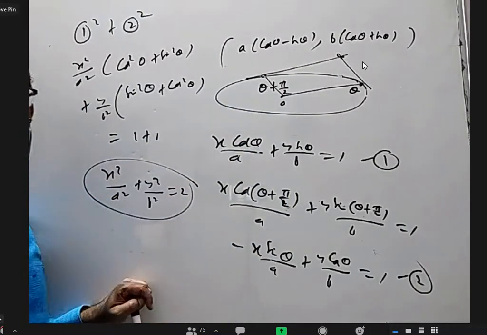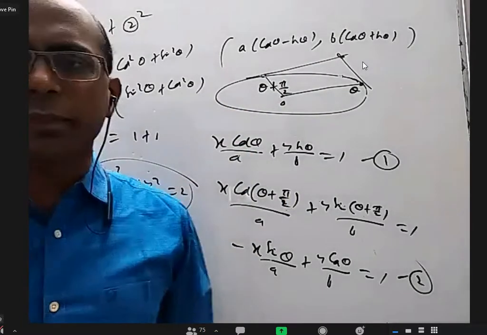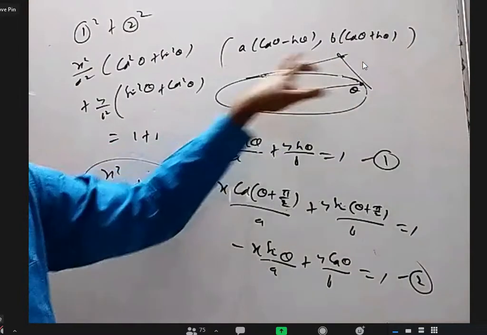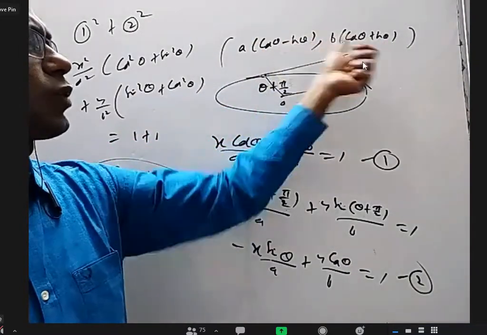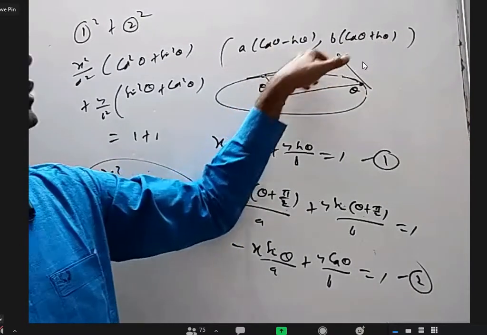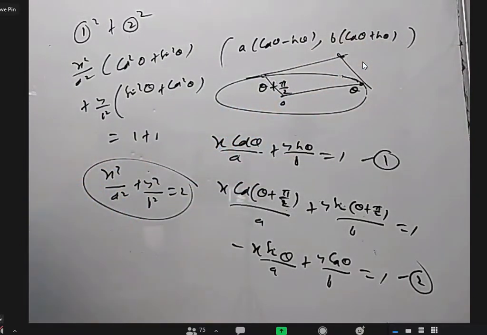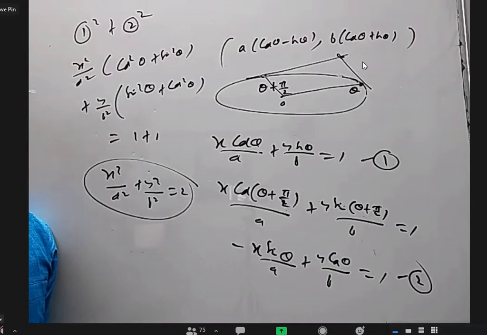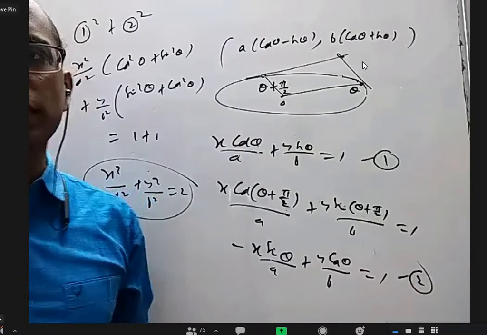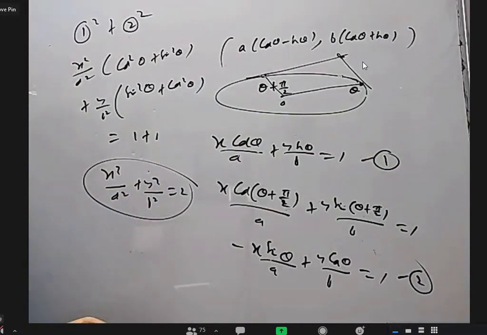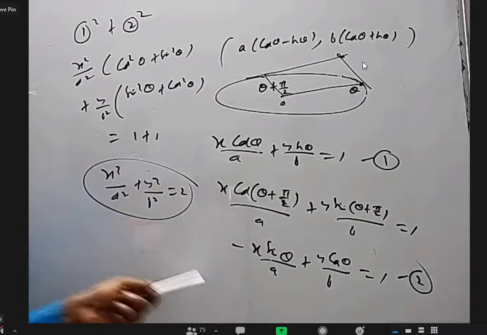Now, in first year, you are done in locus, you are done in trigonometry elimination. How will you eliminate theta? Take x by a, you will get this. Y by b, you will get this. This and this one is square and add. What is cos theta minus sin theta whole square plus cos theta plus sin theta whole square? 2. Because a minus b whole square plus a plus b whole square is 2 times a square plus b square. You will get 2. So somebody can really find this point of intersection of theta, then eliminate theta, or as Priya said, we can directly square and add, we will get this locus.